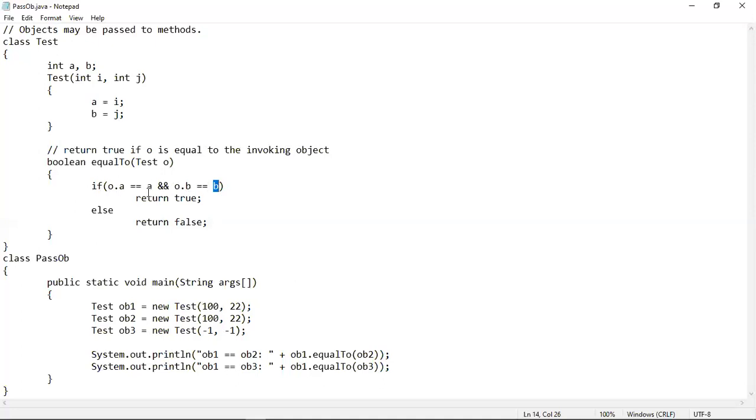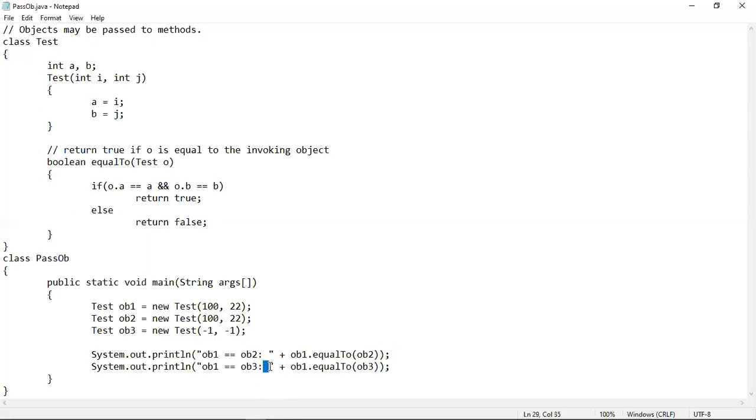That means this if block will not be executed. So the else block will be executed. And inside this else block, a return statement is there. So this return statement will actually return a false value because OB1 and OB3, both these objects are found to be not equal, because the values that have been passed using the objects OB1 and OB3 are not equal. So this false value will be returned to here in this portion.